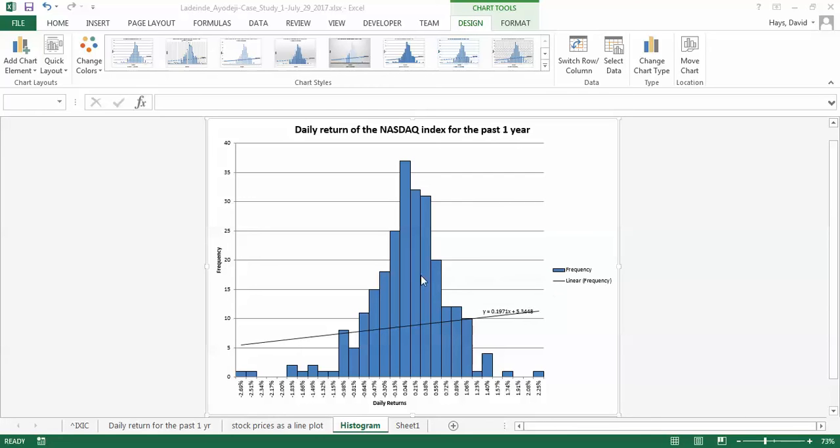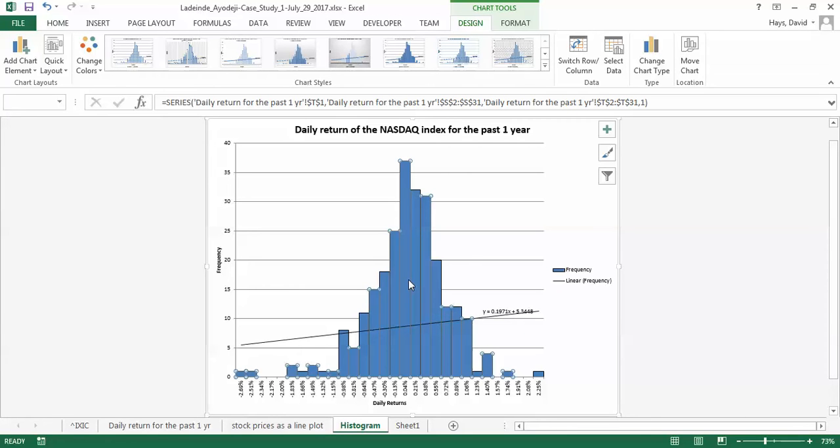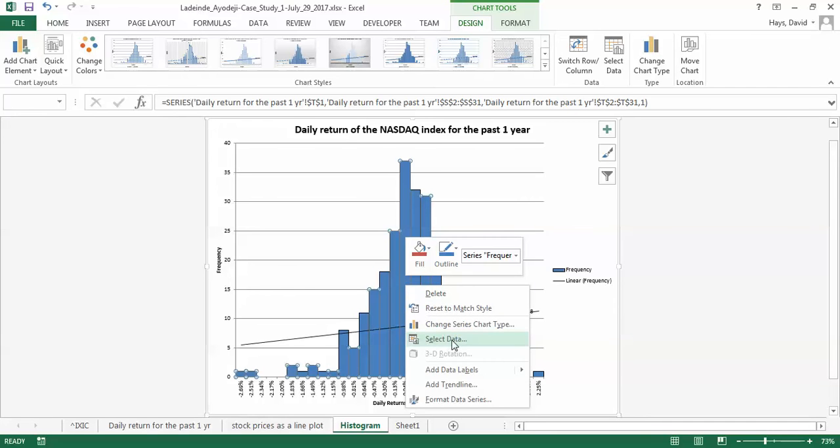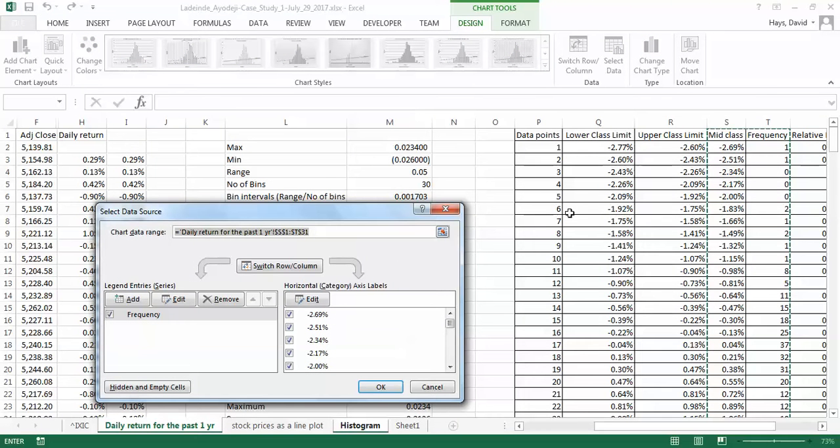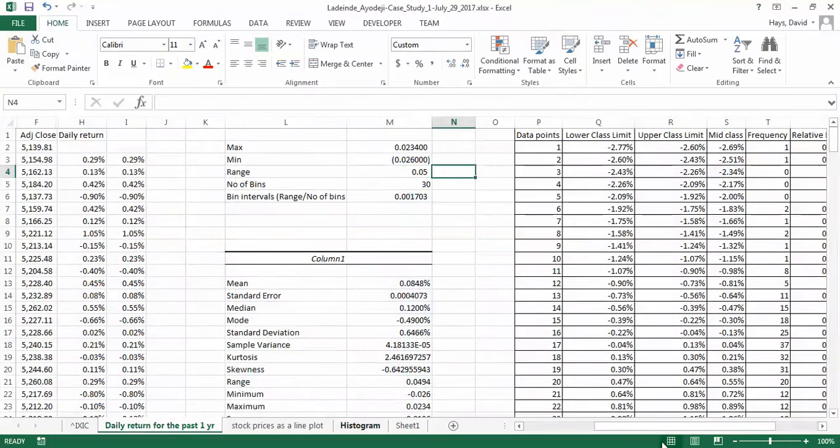There's different ways you can do that. Let me come over here, and I've selected my bars. Now right click and say select data. That tells me where it's coming from. Coming from S&T in daily return. So I come over to daily return,